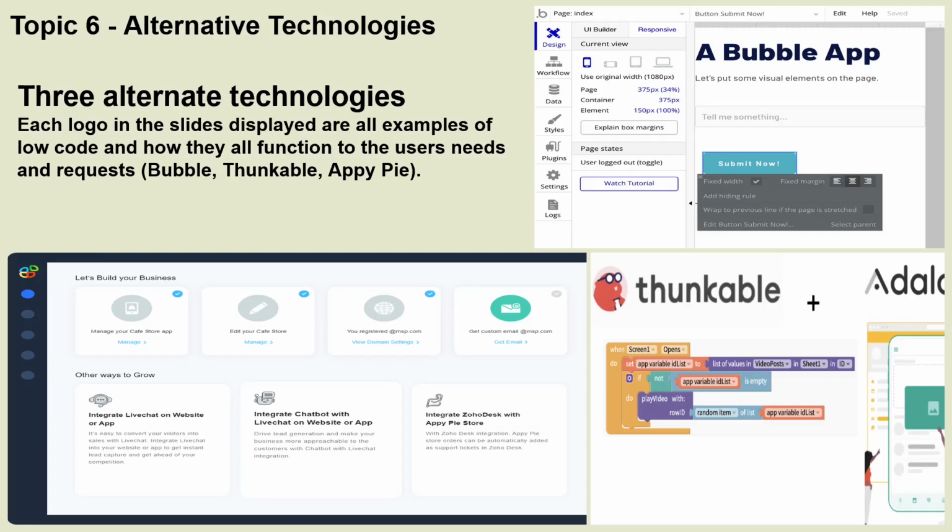And Bubble was our best bet and choice because it's very easy to use and very common among a lot of people in the coding industry. It helps users build software and applications using graphics and images to express computing logic rather than relying solely on text-based representation like coding. The benefits of Bubble are scalability, as Bubble is designed to enable the development of scalable web applications that can handle a high volume of users and data. Another is speedy development, as Bubble offers a drag and drop interface that allows users to build complex applications quickly.